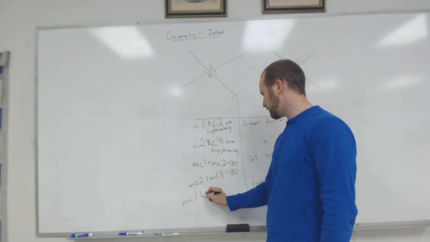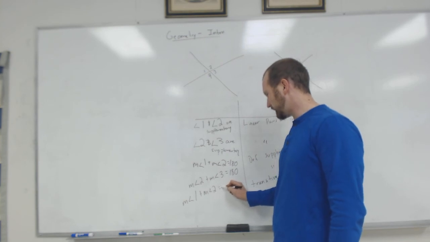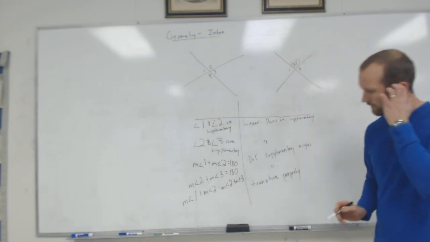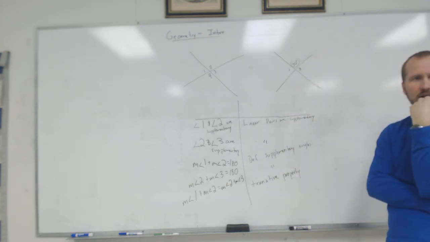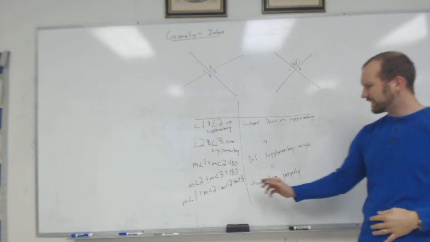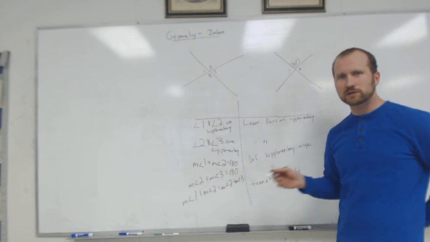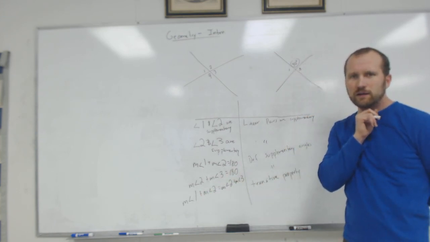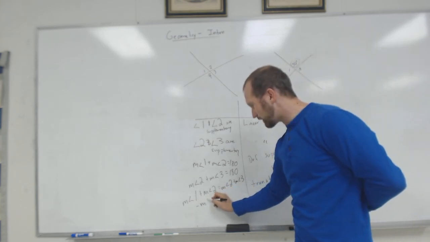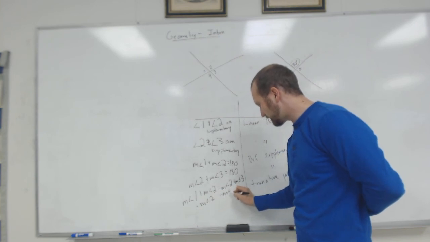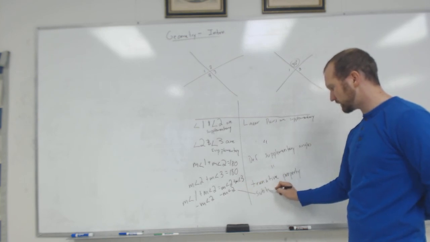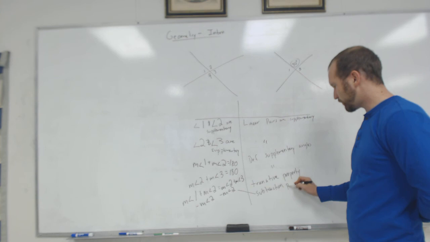The measure of angle 1 plus the measure of angle 2 has to equal the measure of angle 2 plus the measure of angle 3. We're almost there, actually. How could I get this to say that the measure of angle 1 equals the measure of angle 3? Well, you can subtract angle 2. Can't I subtract the measure of angle 2 from both sides? This is called the subtraction property